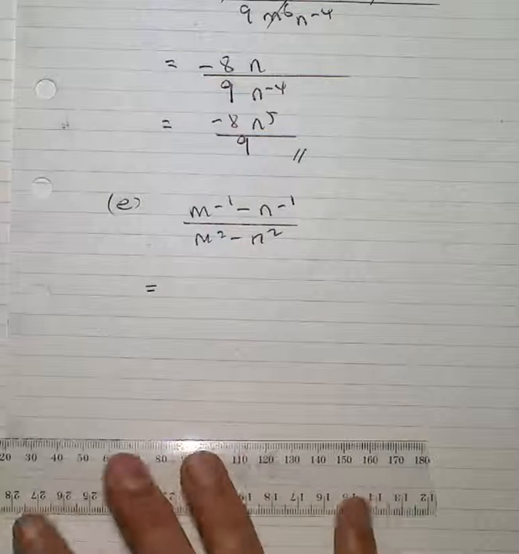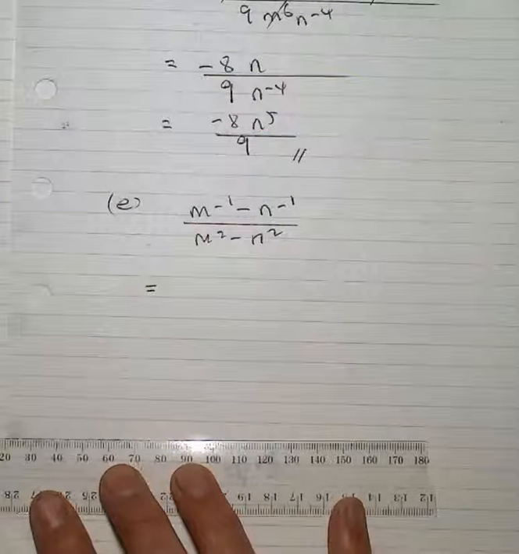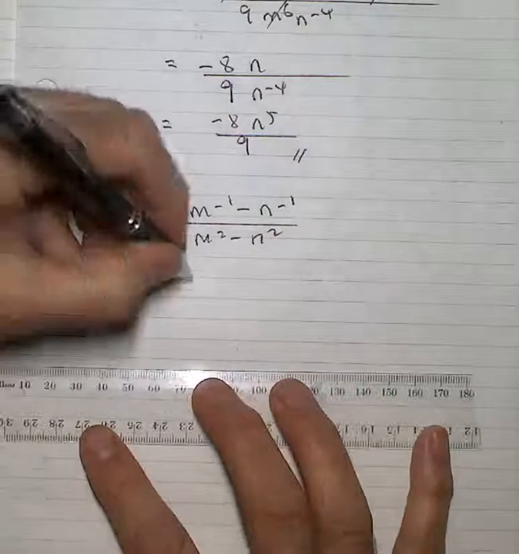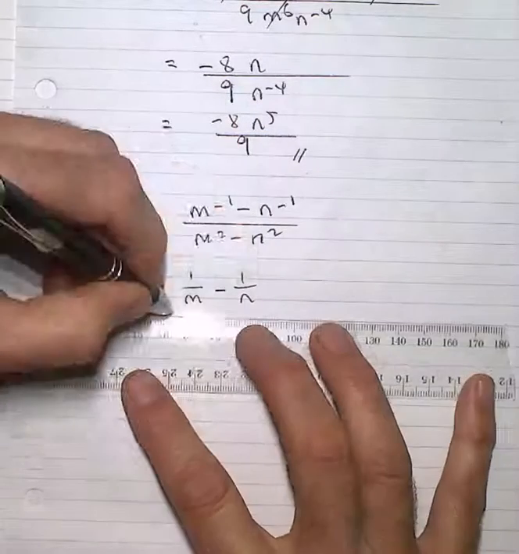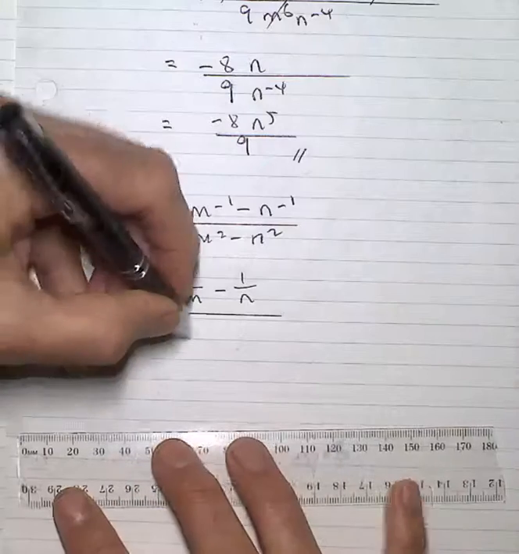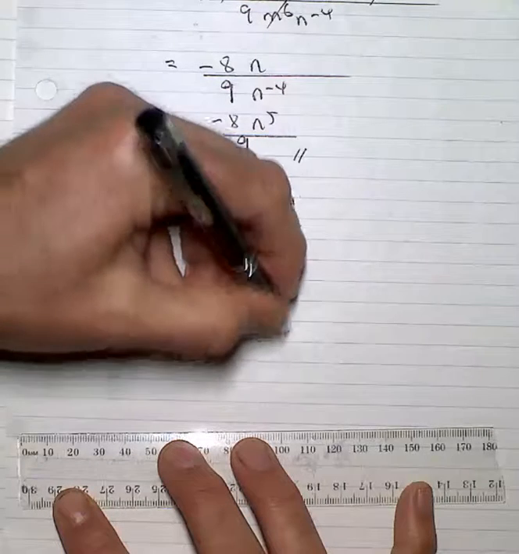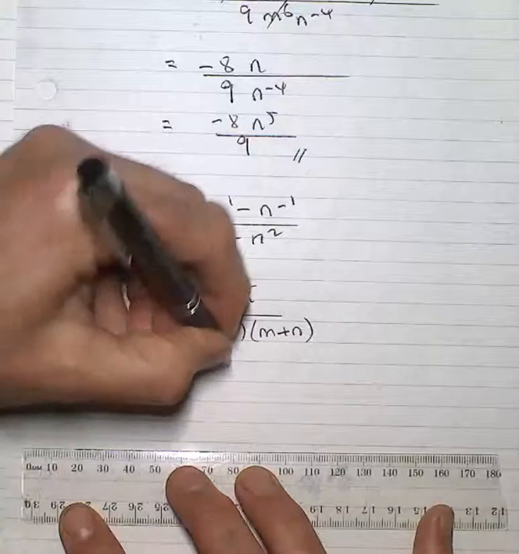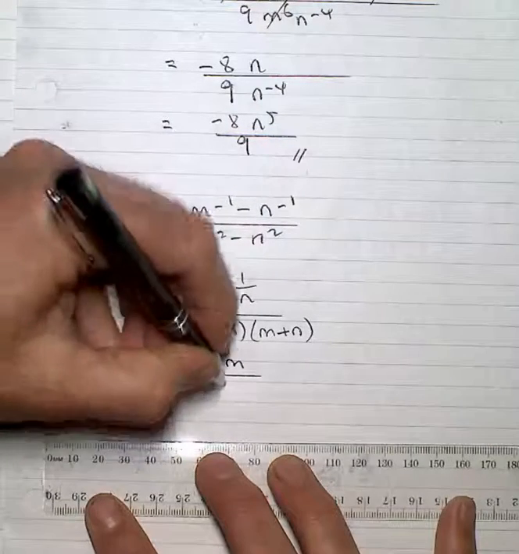In the case of E, I have to make use of some difference of two squares properties, as well as recognising that I might have to find a common denominator. So it becomes 1 on m minus 1 on n. And on the bottom line, n minus n, lots of m plus n. On the top line, I'm left with n, take m, divided by mn,